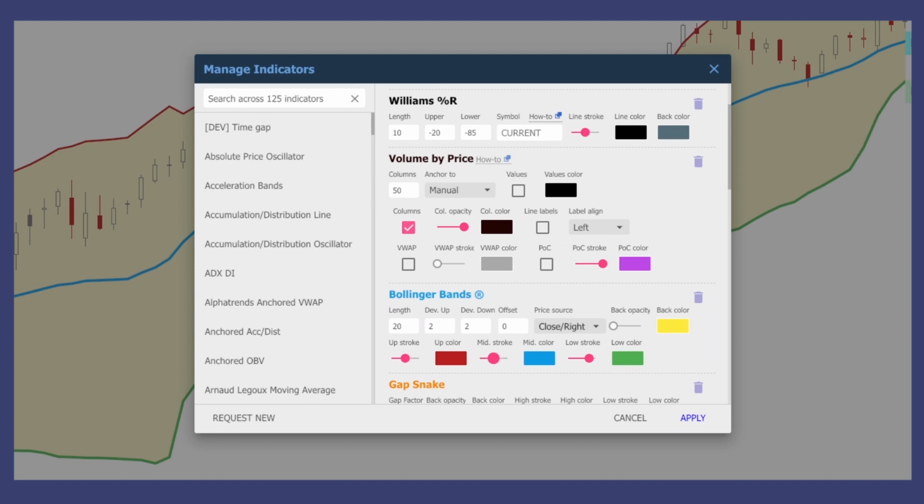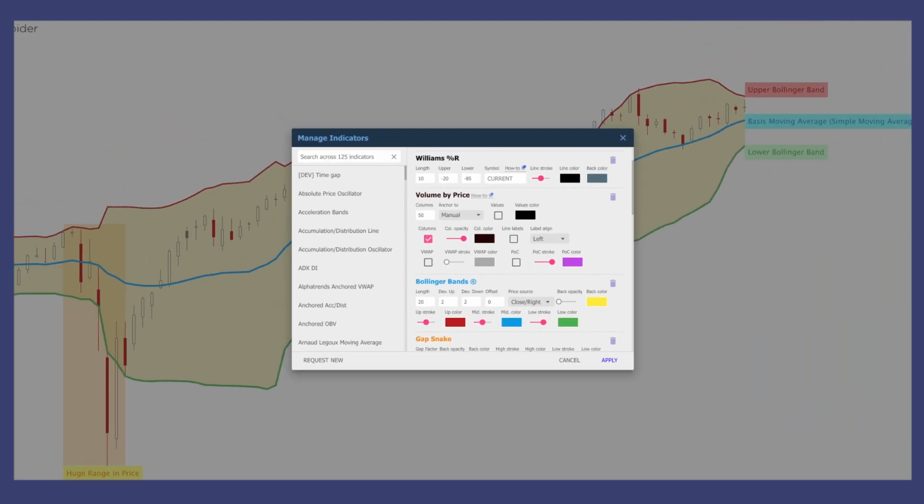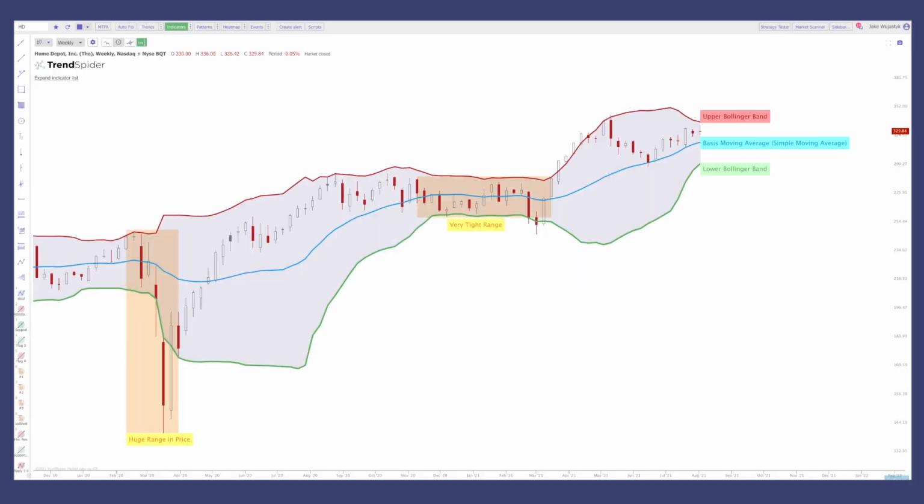So if you did want to change your price source or anything like that, you just click the drop down menu and you can do that. But in this case, we're just using the simple moving average. Now let's go over how you can visualize this, looking at tighter ranges and then huge moves in